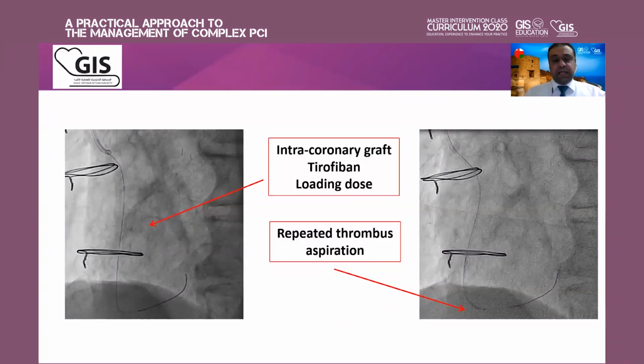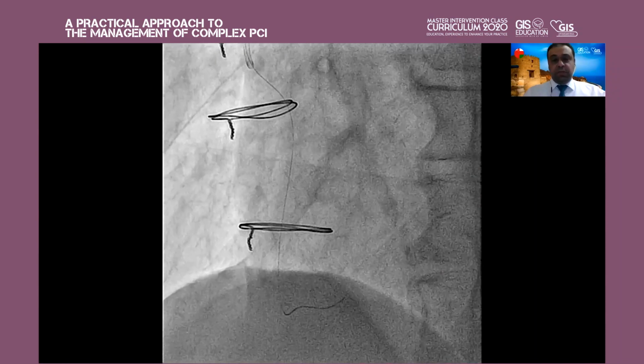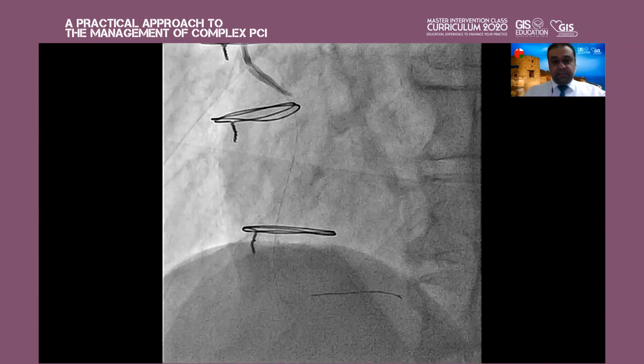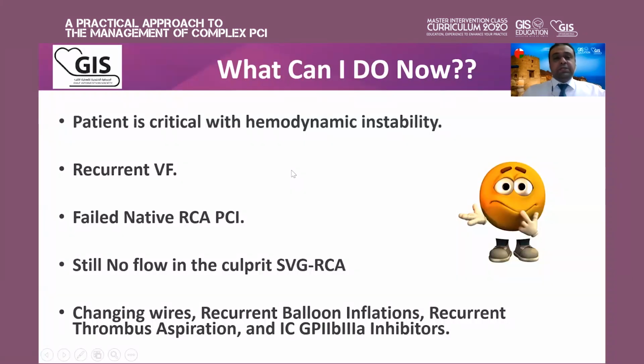But of course, as expected, we still couldn't get the needed flow. So this is the stage now. The patient is critical with hemodynamic instability, recurrent ventricular fibrillation, failed native RCA PCI, still no flow in the culprit SVG after changing wires, balloons, inflation, recurrent thrombus aspiration, and giving intracoronary